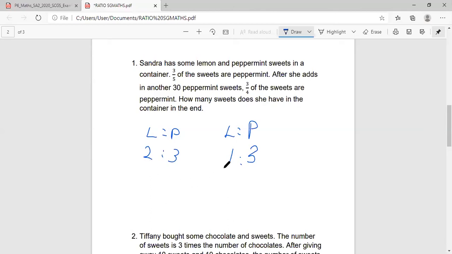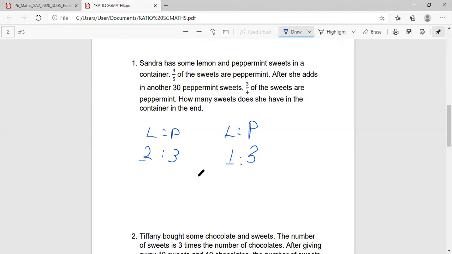So it doesn't make sense. What makes sense is the ratio of lemon shouldn't change, right? Because we didn't add in any lemon sweet. We only add in peppermint. So since the number of lemon sweets didn't change, the ratio supposedly shouldn't be a different number. So what I will do is I will make the lemon sweet the same